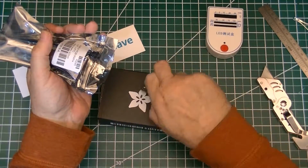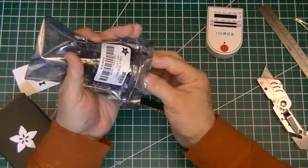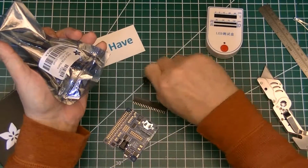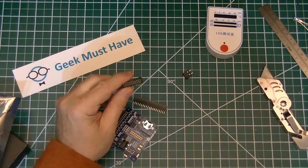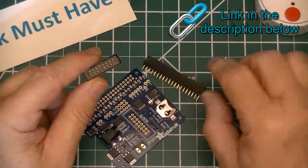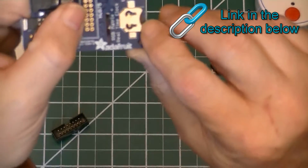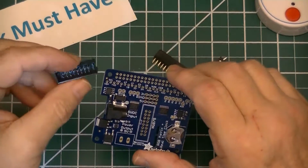There's a couple of headers here. There's a header pin. Looks like a power cord, power adapter, yeah, power block. And the board itself, and another signal cable adapter. So this has got a real-time clock on it. You put a little battery in there and it helps keep track of the time. And once you solder all the pins on the header and the power and everything, you can use this to